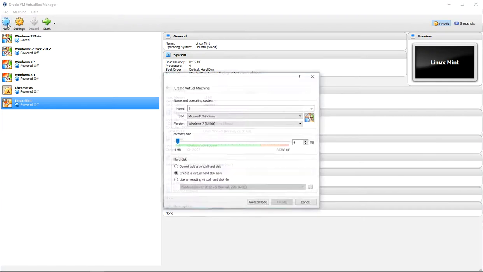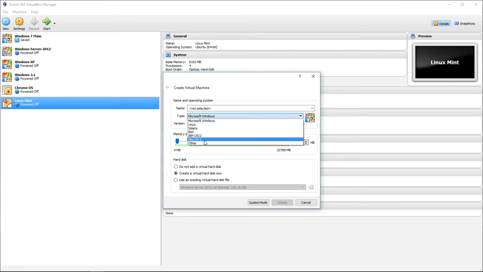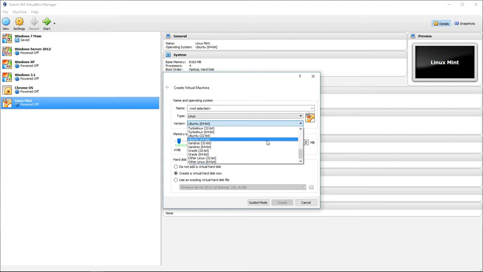So we're just going to go ahead and create a new machine here, and depending upon which type you've got, I'm not going to worry about a name yet. I'm going to come down here and I'm going to say let's do Linux and Ubuntu. If I'm going to do Linux Mint, I'm just going to pick the Ubuntu 64, whether you're doing Gentoo or Arch or whatever version. If you're doing, like I said, Linux Mint, you just use the Ubuntu 64-bit. But let's say I'm doing Ubuntu 64-bit, I would select that one.